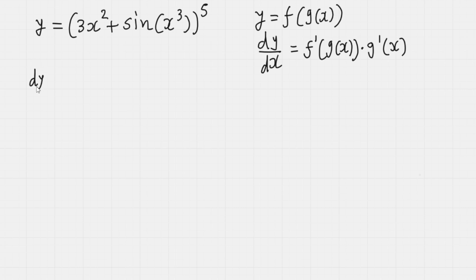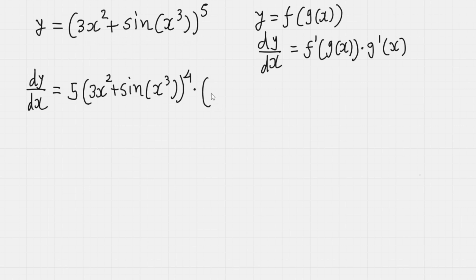So we will have dy/dx equals 5, which is the exponent, we write in the multiplication in front. The whole inner function will stay as it is, so 5(3x² + sin x³), and in the exponent we reduce it by 1, so 5 minus 1 would be 4. Now in the multiplication we write the derivative of this inner function. So the derivative of 3x² would be 3 times 2x,